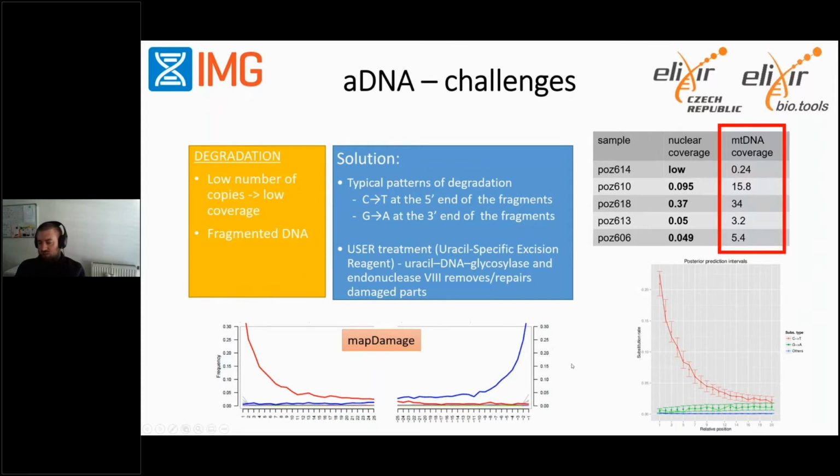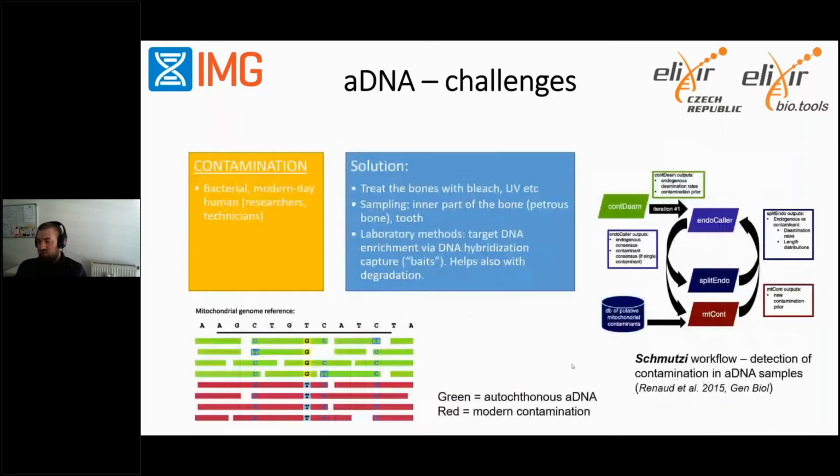This fragmented and degraded DNA is what people from the ancient DNA wet labs have to cope with. The second ancient DNA challenge is contamination, of course,